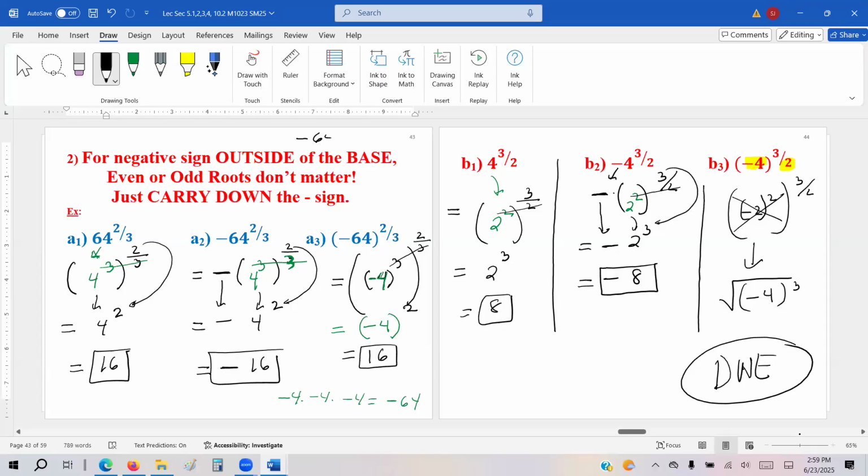As long as you indicate these two, I'll understand. But if you do nothing and then suddenly write DNE, I will not give you points. Because how would I know whether you looked at your neighbor's paper, right? So show me something to tell me that you know what you're doing.